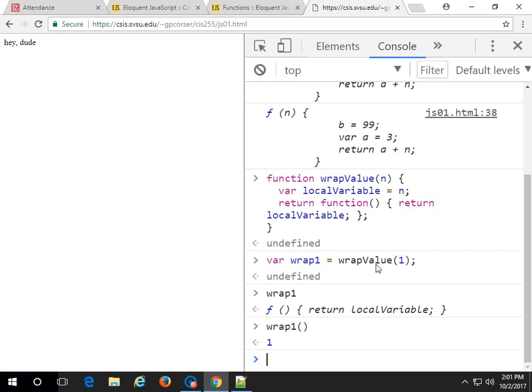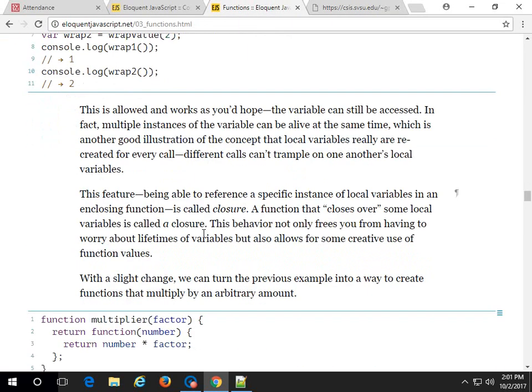So what we're saying here is this local variable is still out there. But if you did another function with a different value, it would be a different value. Okay, I think we've beaten that horse enough. Let's take a look at recursion, because I think that one might be easy enough